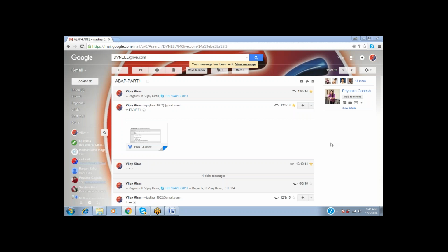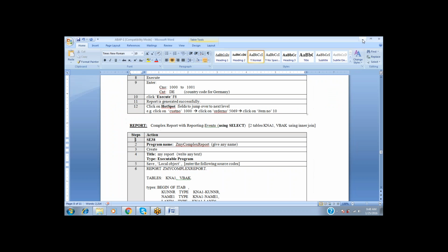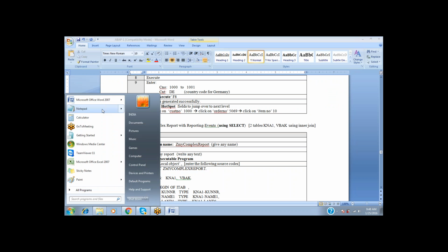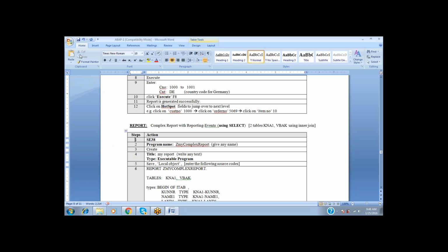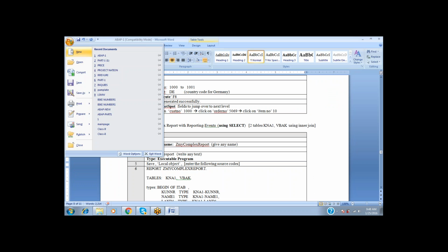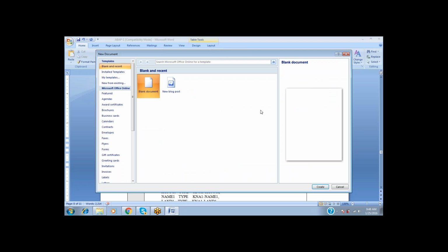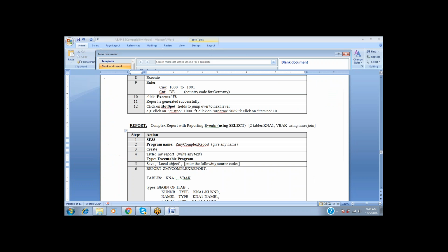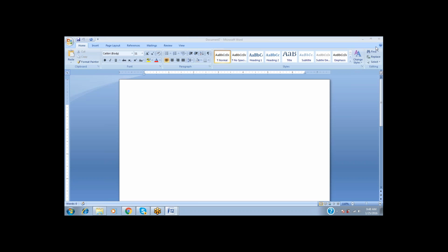In this particular session today we are going to discuss another report, which we are calling a complex interactive report using events. So what was the main purpose of this events report? As we discussed in the previous session, the client is asking about the details of the customers,